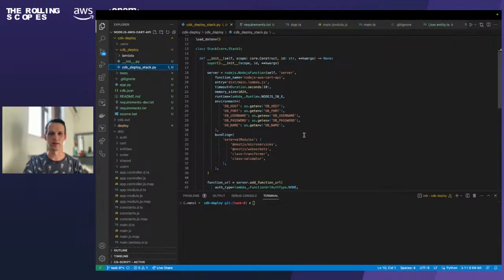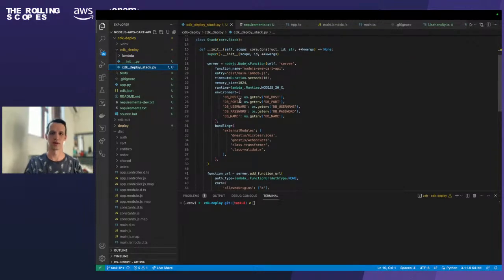So what are we doing here? First of all, we are uploading the .env file just to provide our Lambda function with the environment variables we need to make the connection to our database. It would be host, port, username, password for your database, and database name,